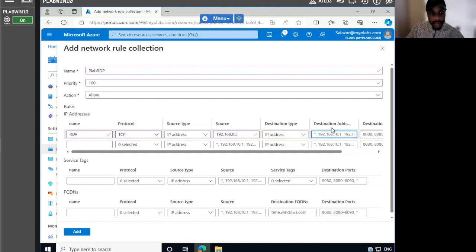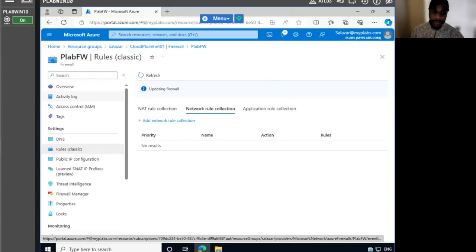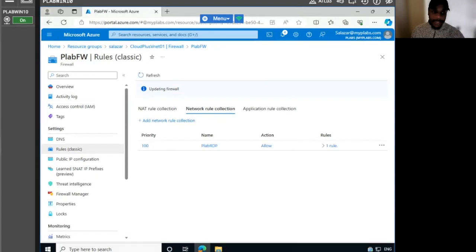Okay, destination. Okay, right. And we're going to use 3389. I'm going to add that one here, and I'm actually going to refresh, but actually it's updating. Now, this rule creation, sometimes it can take a little while to complete, based off my personal experience. Now, a firewall rule has been created, let's actually refresh here, to allow remote desktop connection between the two